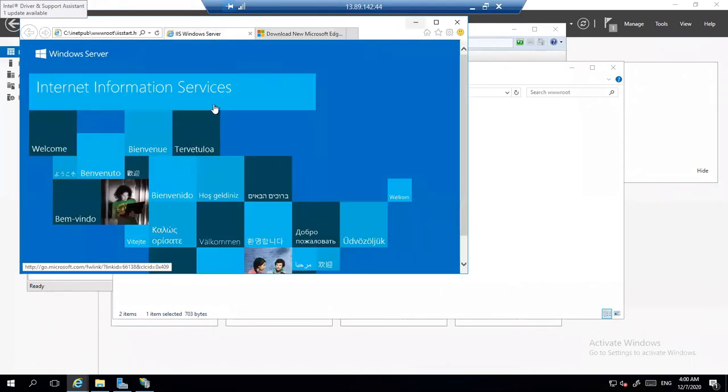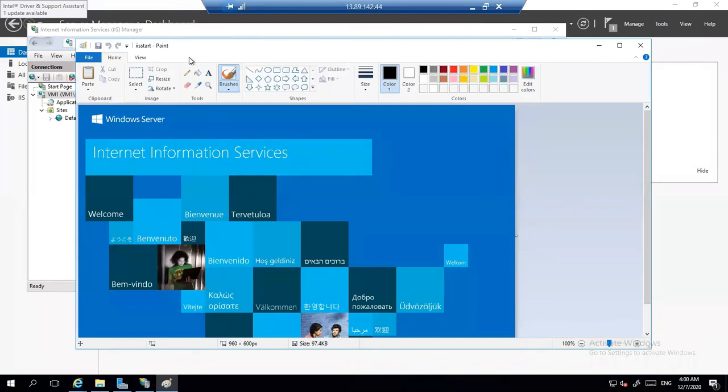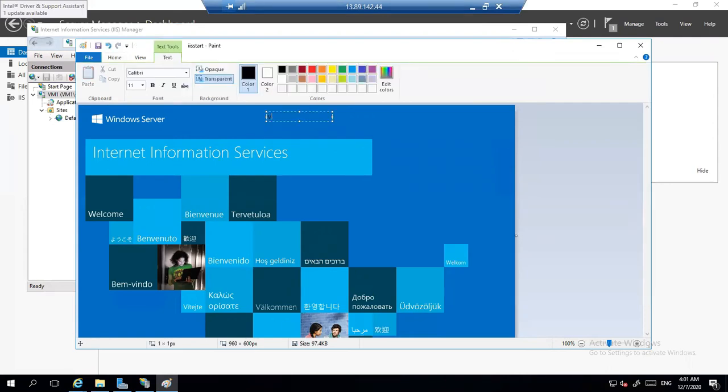So what I'm going to do, I want to modify this page a little bit so that I will get to know from which virtual machine my website is opening, because on both of the virtual machines there will be the same website. So I just want to know, when my load balancer works, from exactly where the website is going to be fetched. If you see that there is one image file here, so open this image file. So actually the web page was picking up the image from this photograph. Okay, so I'm going to make a modification here, and let's write VM1 on it and save this one.